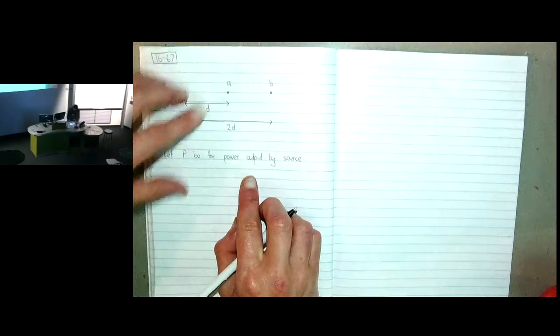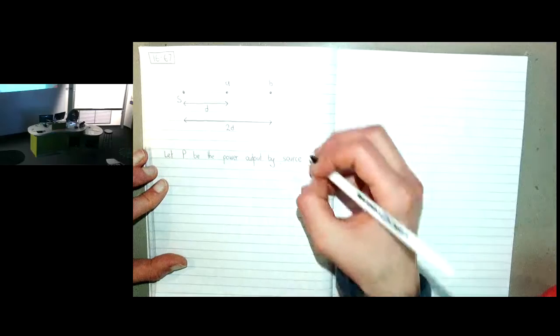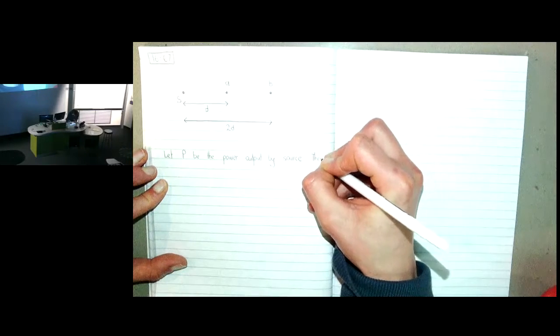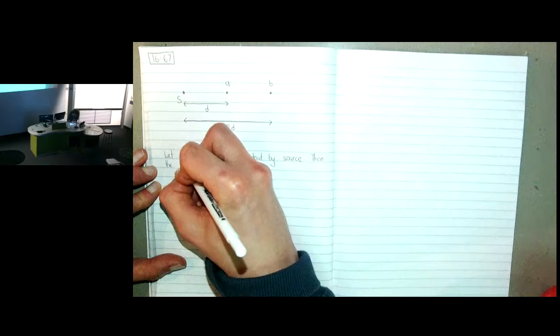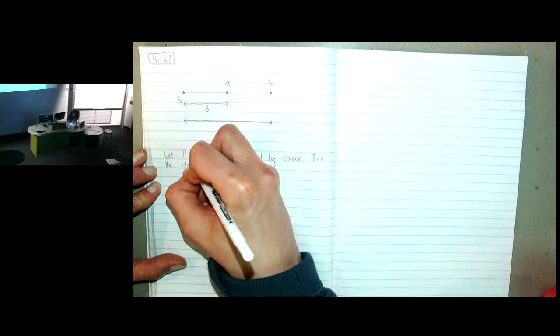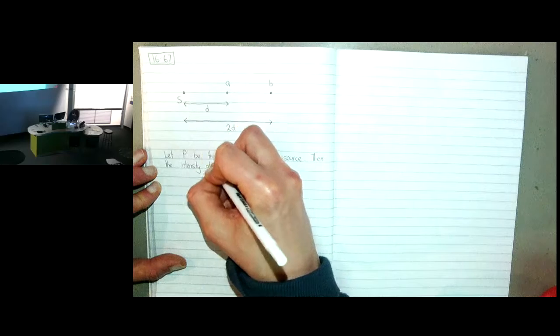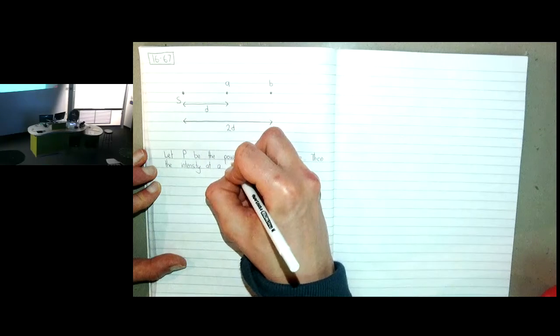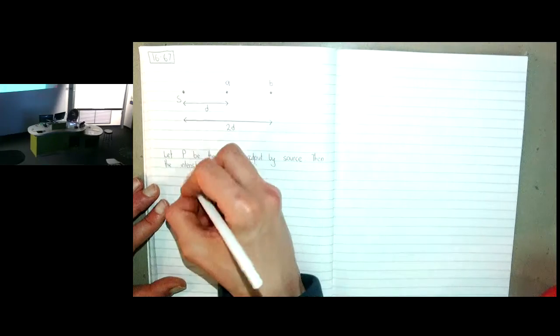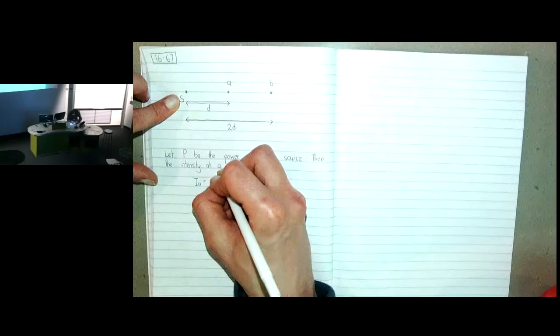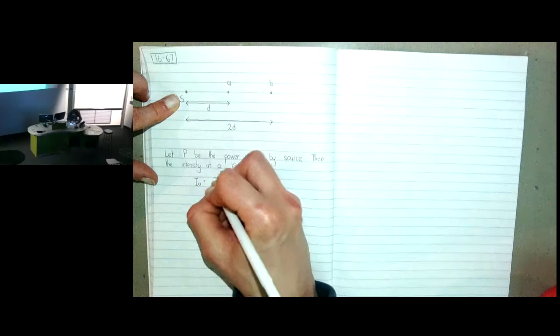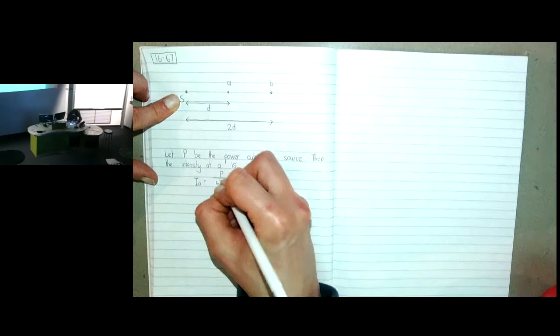So in that case, we know that the intensity at point A is going to be I_A equal to the power being output by the source divided by 4 pi d